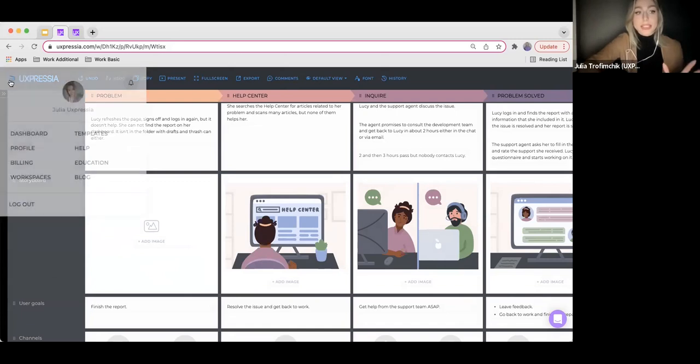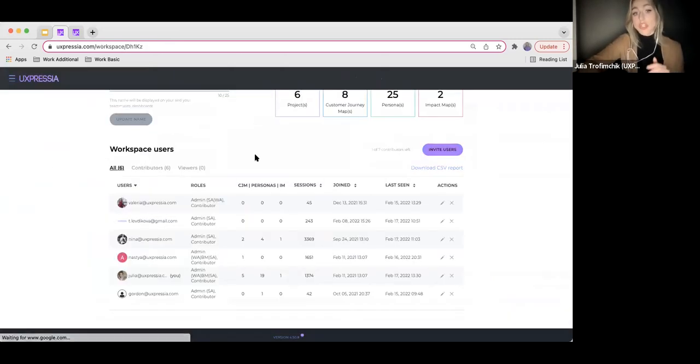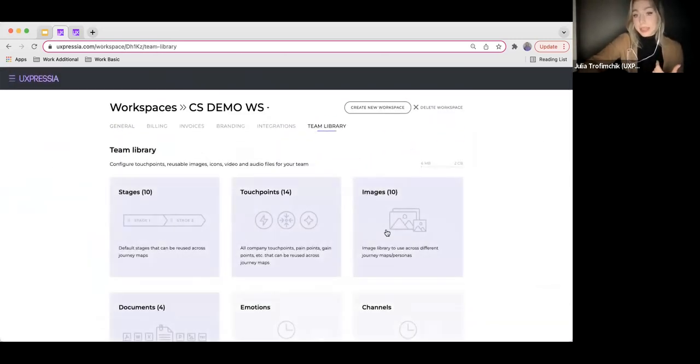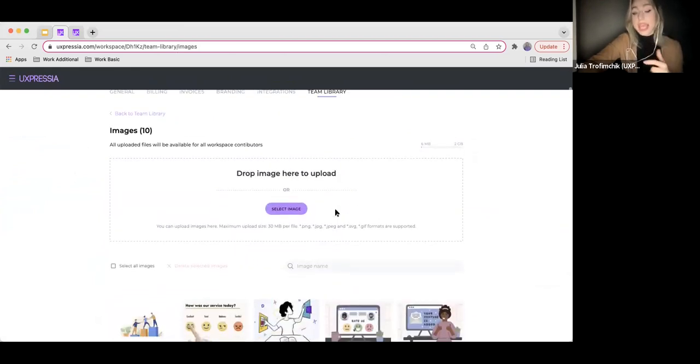All you have to do is to replace this image on the workspace level in the image library right here. And in this case, this image will be automatically replaced in all the maps where the old screenshot, the old image was used. So again, this is a great time saver for you.